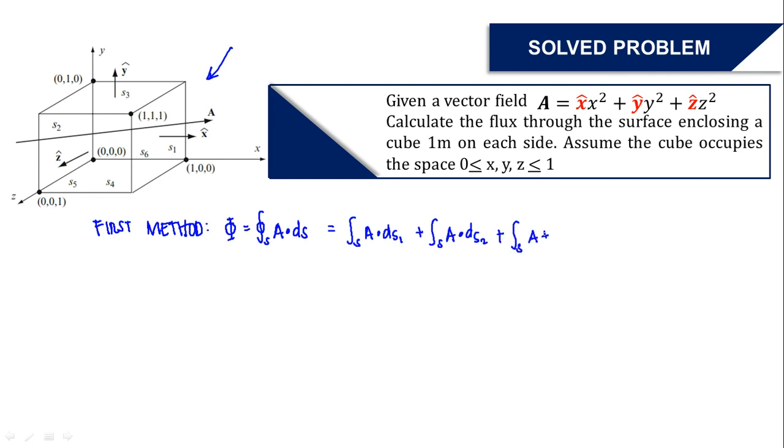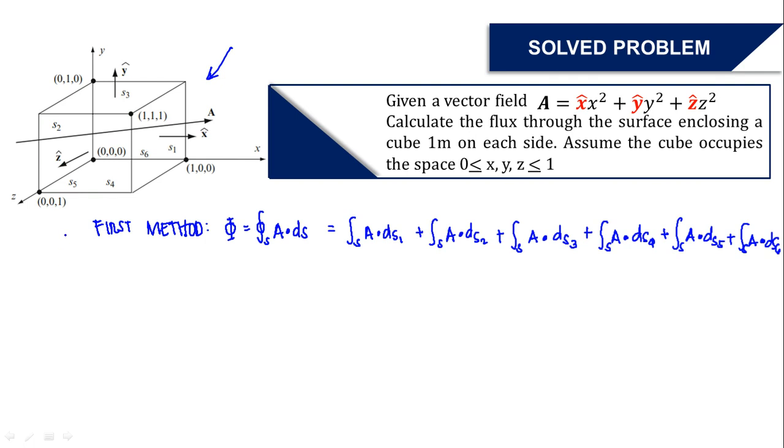So, i-rewrite ko lang dito sa pangatlo, no? Plus surface integral A dot ds sub 3, dot ds sub 4 plus surface integral sa panglima. So, kung marami kang time, pwede mong isolve ng ganito. Pero kung nagmamadali ka, pwede naman gamitin yung Divergence Theorem, which, di ba, nire-relate